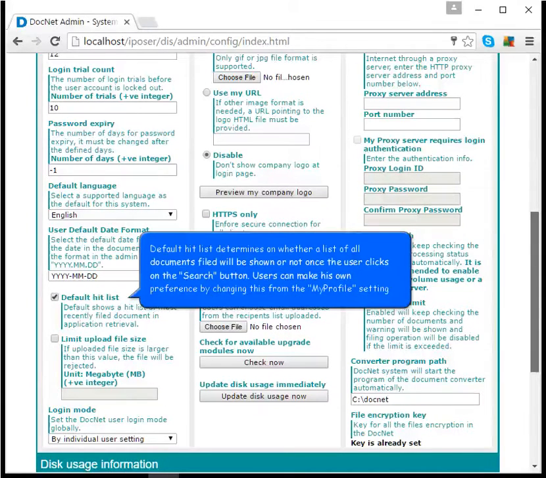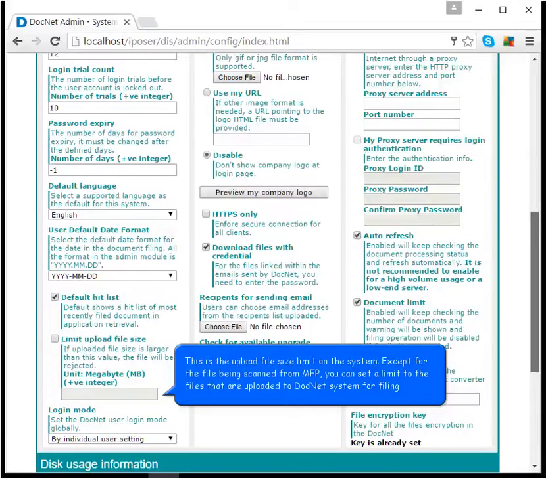Default hit list determines whether a list of all documents filed will be shown or not once the user clicks on the search button. Users can make their own preference by changing this from the My Profile setting. This is the upload file size limit on the system. Except for the file being scanned from MFP, you can set a limit to the files that are uploaded to